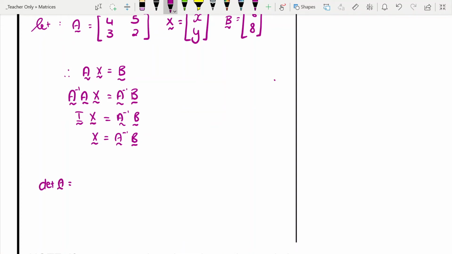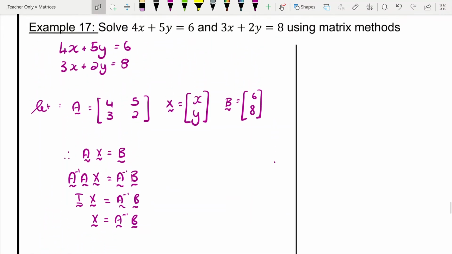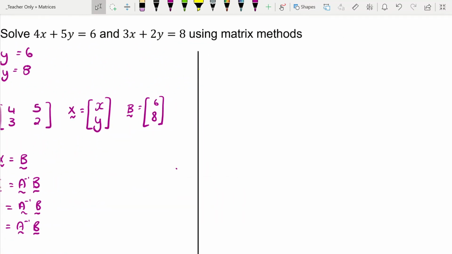Alright, in order to find our inverse of A, we need our determinant of A, and our determinant of A is just going to be AD minus BC, and that would be 8 minus 15, which is negative 7. Okay,